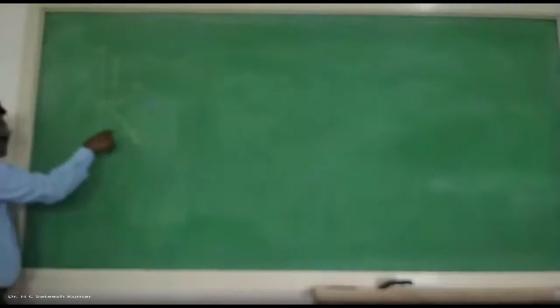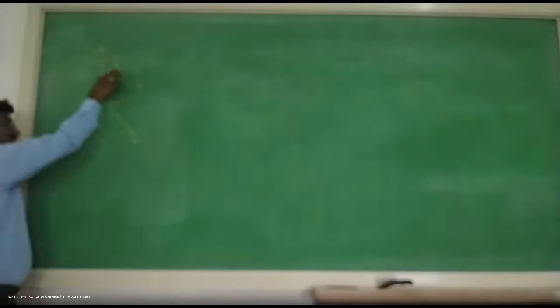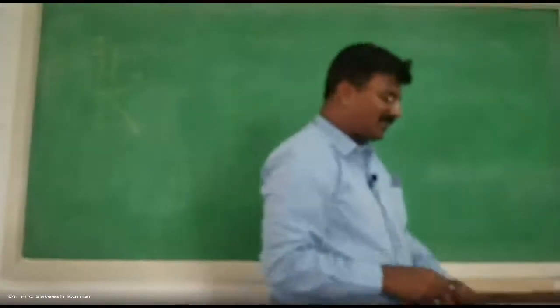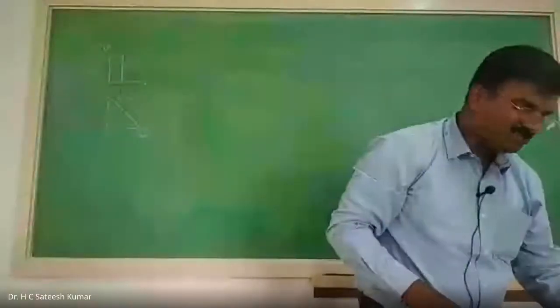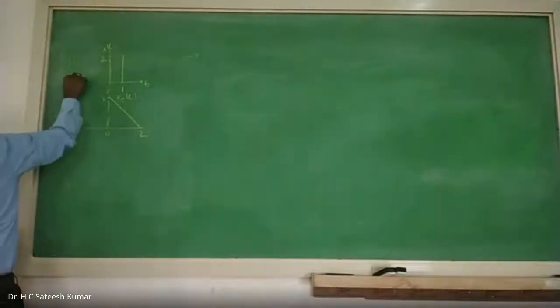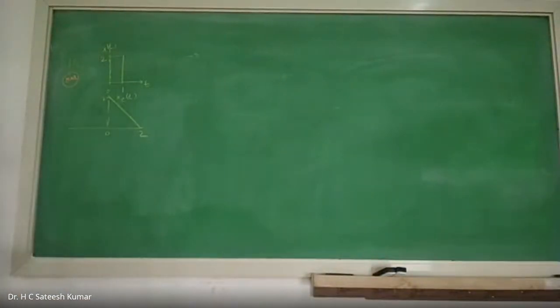I'll repeat the question. The figure shows x of t and xe of t; for t less than 0 it is not shown. T greater than 0 only is shown for both x of t and xe of t. Complete the original signal x of t and xe of t, and also find the odd part of the signal. That's what the question is, right? So therefore, what should you do? How will you do this problem? The first part is easy. This question was asked for 8 marks. The first part is 2 marks, you can easily do it.